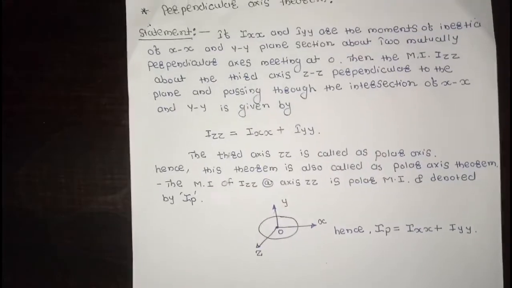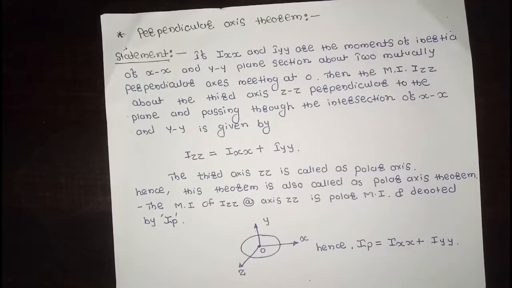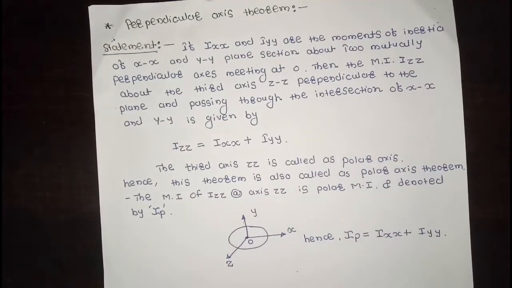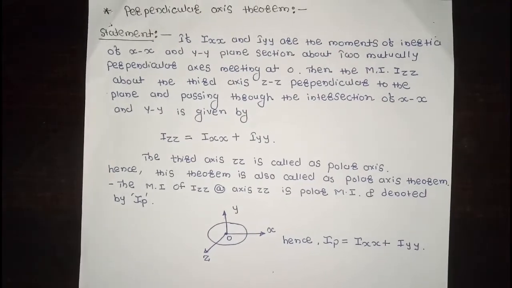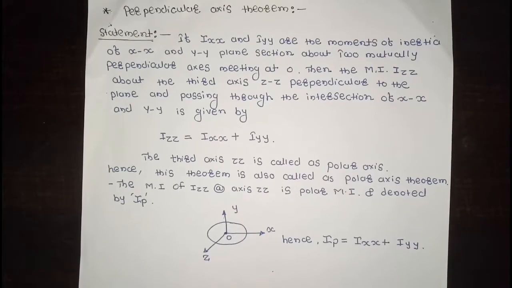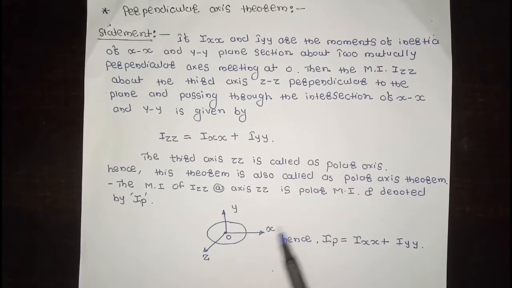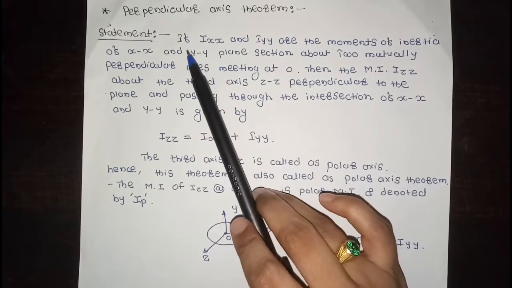So next, the second theorem is the perpendicular axis theorem. Statement. See, this is the diagram and this is the equation: Ip is equal to Ixx plus Iyy. So, statement,